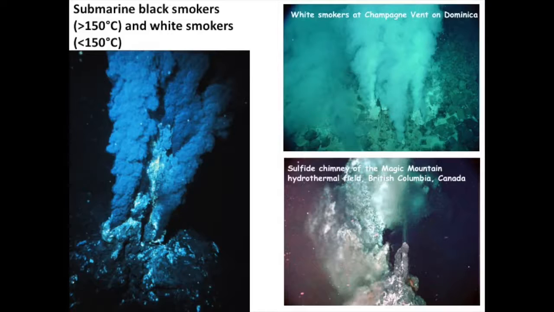Anyway, hydrothermal activity, one automatically thinks of hot smokers, deep sea vents. These are typical for mid-ocean ridges today. But there are also off-ridge vents that are lower temperature, the white smokers. Temperatures in the black smokers typically reach up to 350 degrees. In the white smokers, they're a lot less. I think they can be 50 to 150 degrees. They're a lot weaker. But there are also